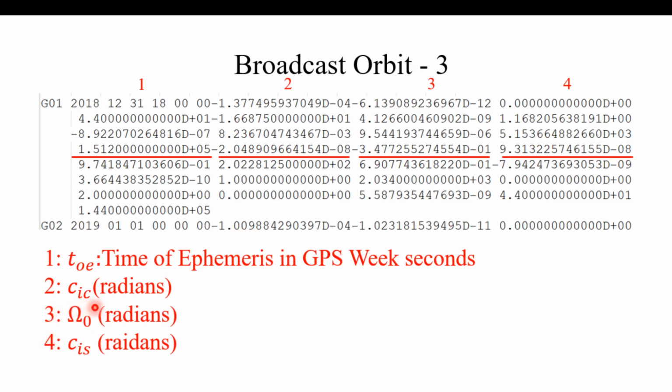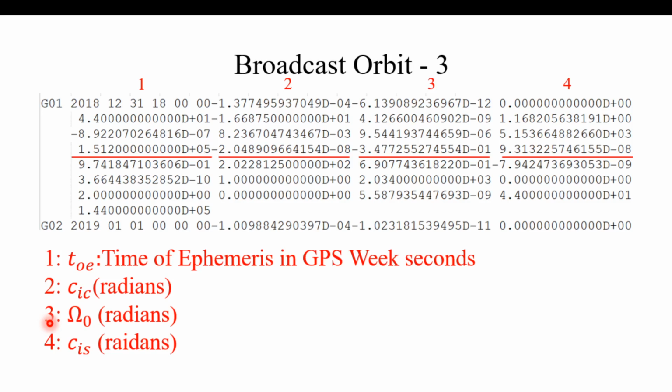So the change is not only in the u angle, not only in the r direction, there is also change in the inclination of the orbit. So this is the amplitude of inclination in the cosine term, and as you see in the sine term. And omega 0 here in the third column denotes the right ascension value. This does not denote here in GPS the right ascension at a reference time. Okay, this is the longitude of the